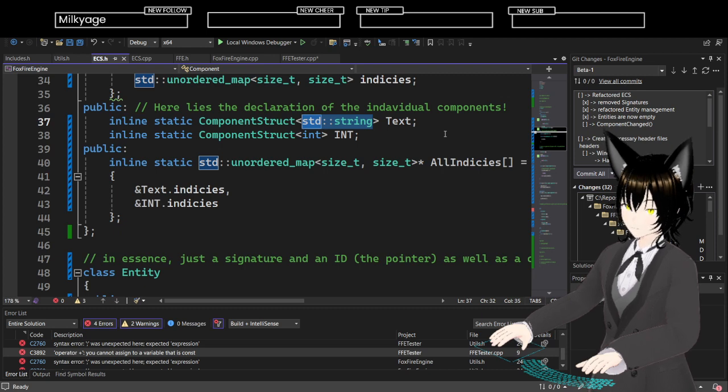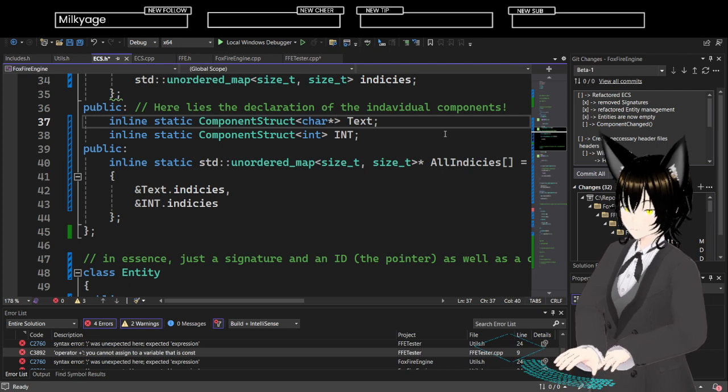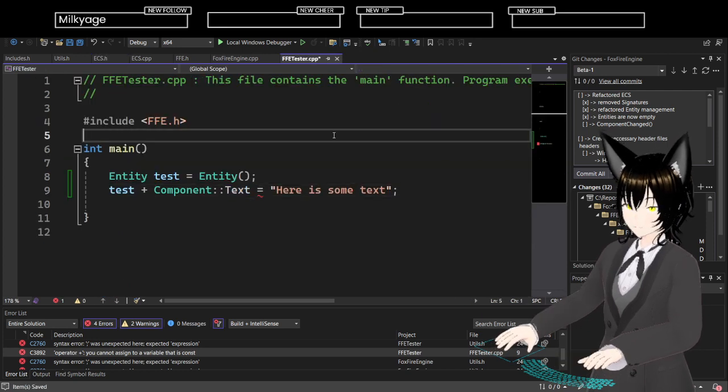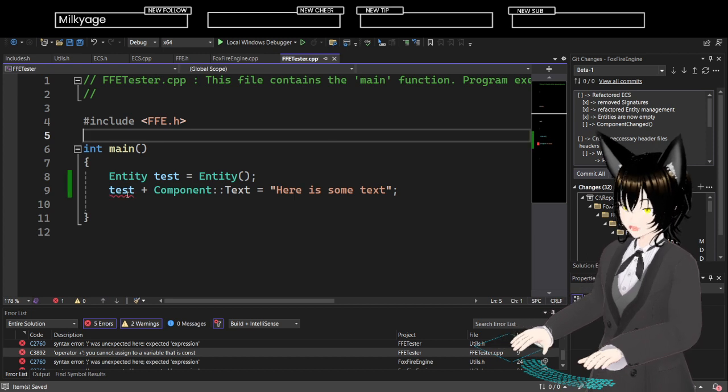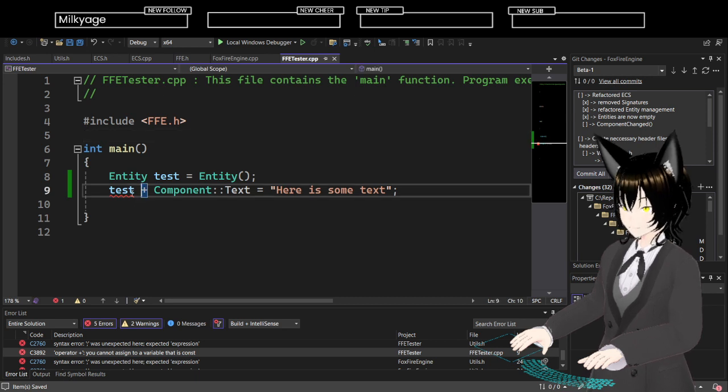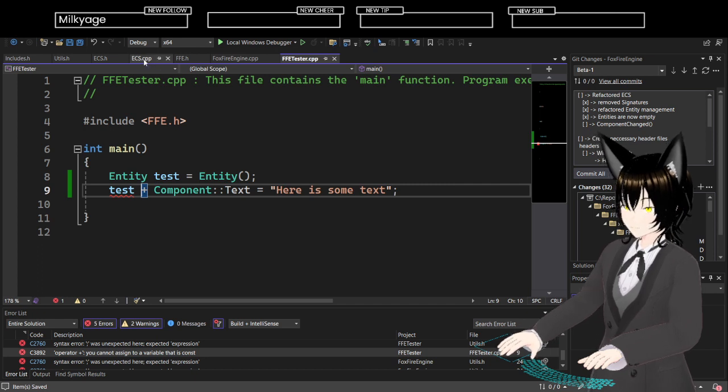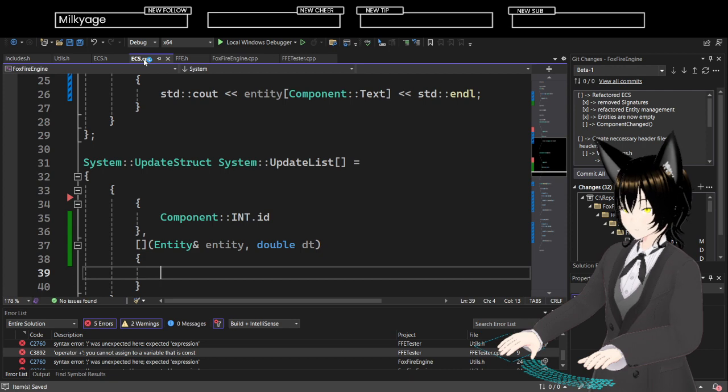Let's say, will that work? Expression must be a modifiable L value. Should be.